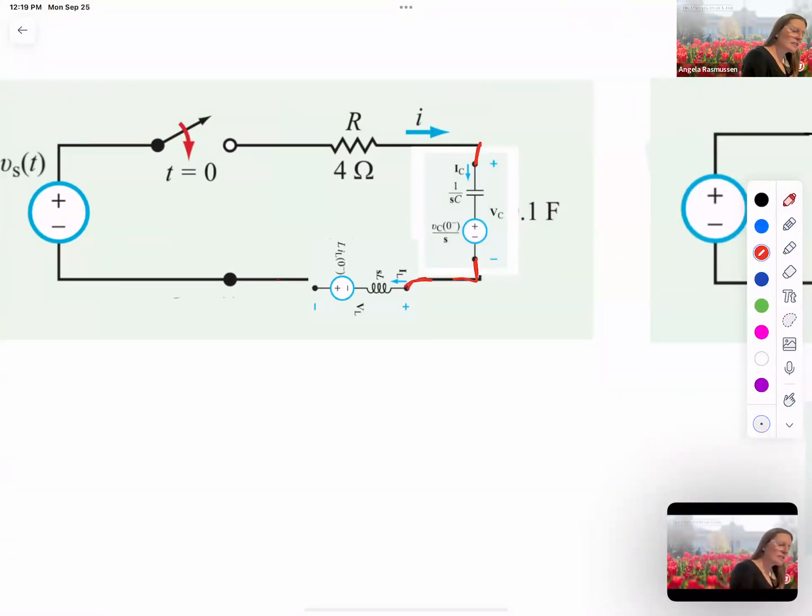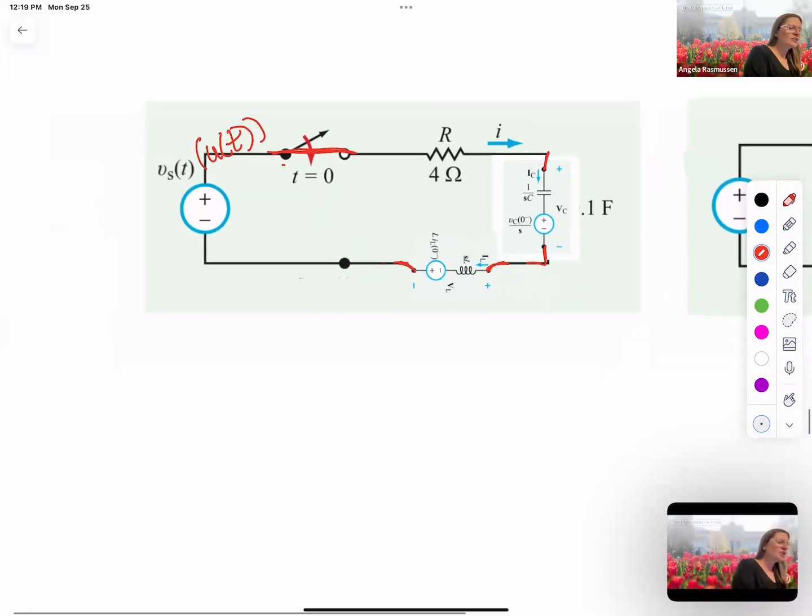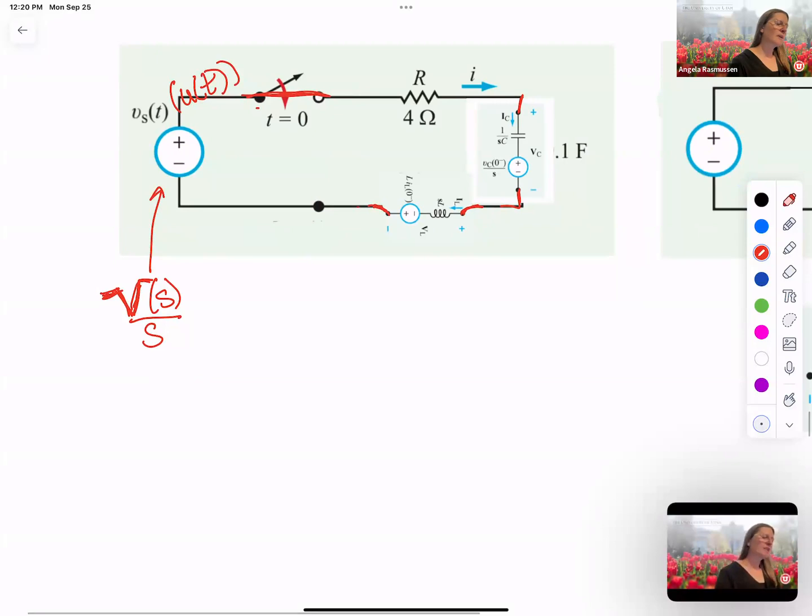We treat, so now our Vs of t is going to be with the switch. We just do Vs of t, U of t. And so this is going to be closed, and we do Vs of t, U of t. We change to the S domain. So that becomes whatever signal is the V, S, and then the U of t is 1 over S. And then we treat the R and the capacitor and the inductor as resistances, and then all of the other voltage sources. So to find I here,